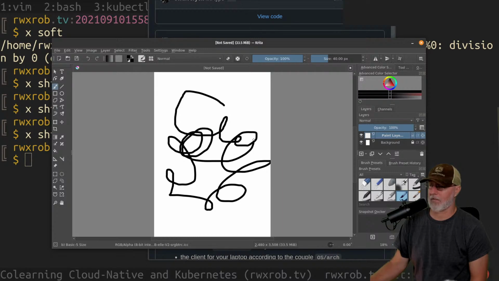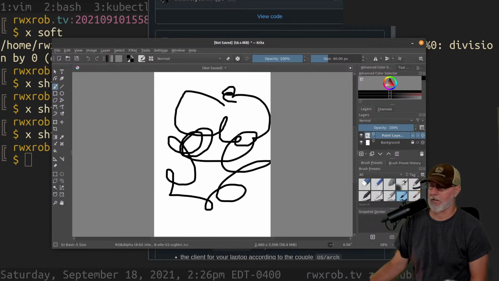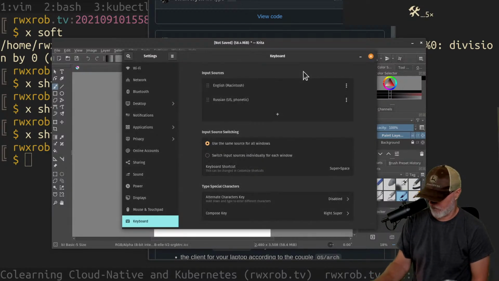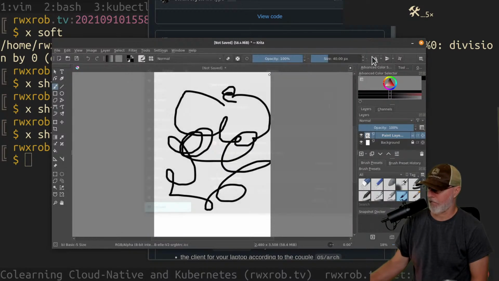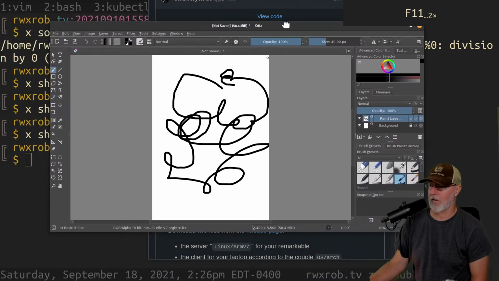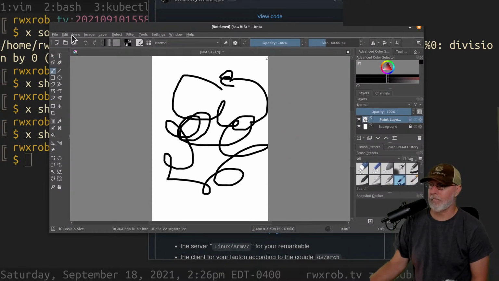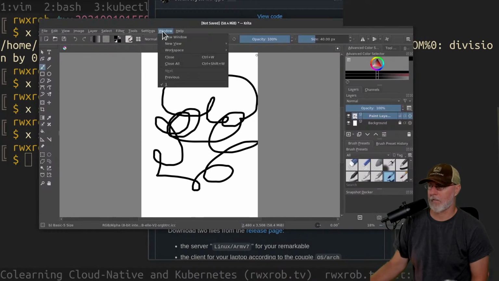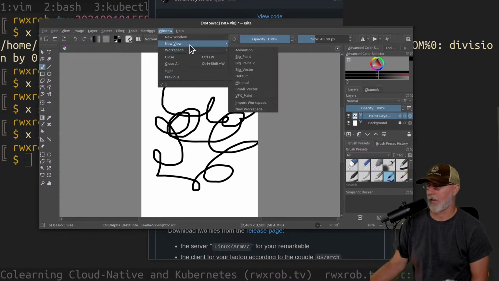Hey, look, it's Greta, and I can draw, and I don't even need a tablet. I probably could. Now I just need to find my tablet. I'm good to go. How do we full screen this? How do we full screen? Full screen. Wait. No, that's not it. Alrighty. Come on, I know you got it. I know you can do it. I guess not. Window, full screen. New view,